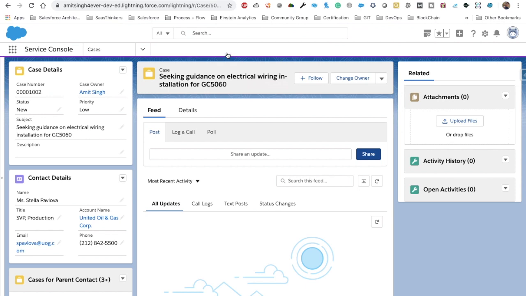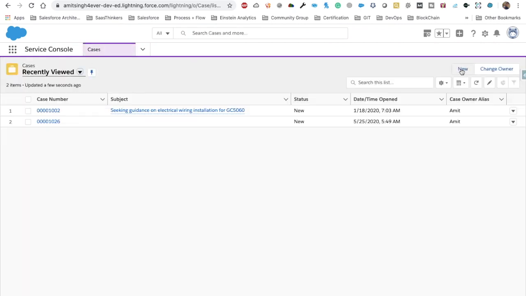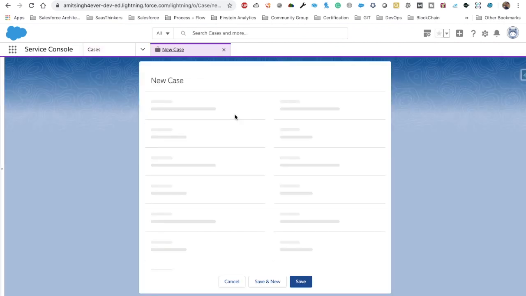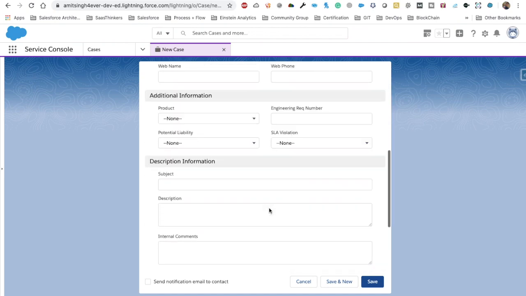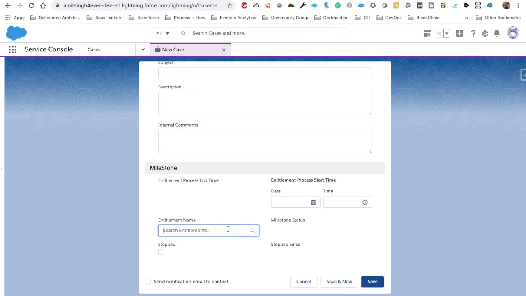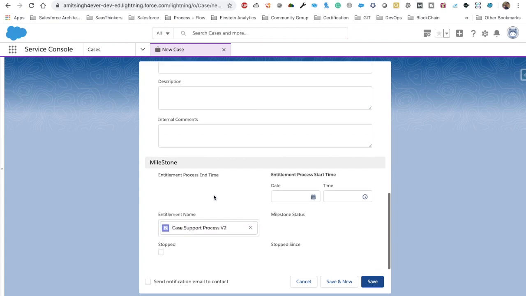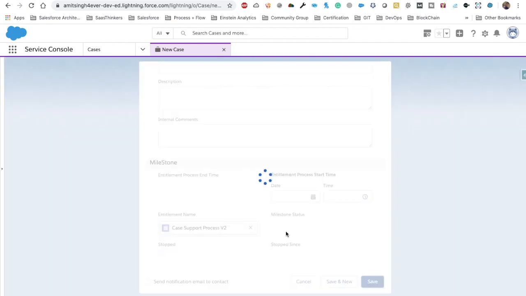So now let's quickly create one more case here. We are going to say status should be new, priority should be high, case origin anything, and we have this milestone. We are going to select version 2, and let's quickly save this.